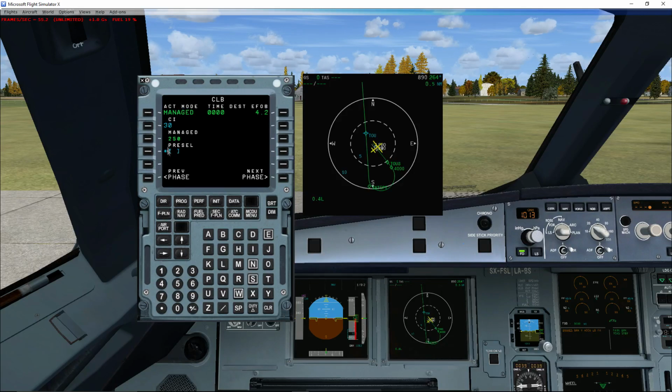You can pre-select, put the pre-selected speed down to 200 knots instead of 250 for the climb out, whereas the managed is 250. If I want to get rid of that, I can just click the green, and that's exactly correct. So if I put that in, in the real aircraft I'd put in 200 knots as the pre-select. Actually what I can do is I can just click the green and go, and that's correct. Estimated fuel on board at the moment is 4.2 because we haven't actually uploaded any fuel,